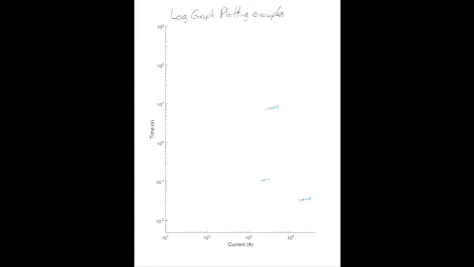And let's try another one. Let's do 33 amps for 450 seconds. Those are 10 amps. So we're looking for 33 amps. So we can count 20, 30. So we're in between these two bars. And we're at 450 seconds. So we go 100, 200, 300, 400. We're going to be in this box right here.